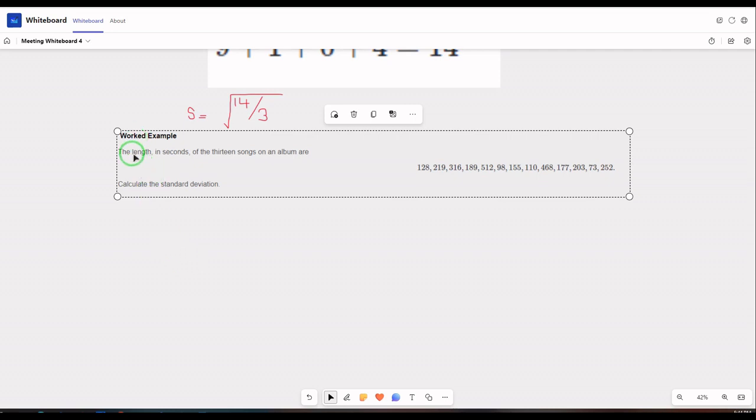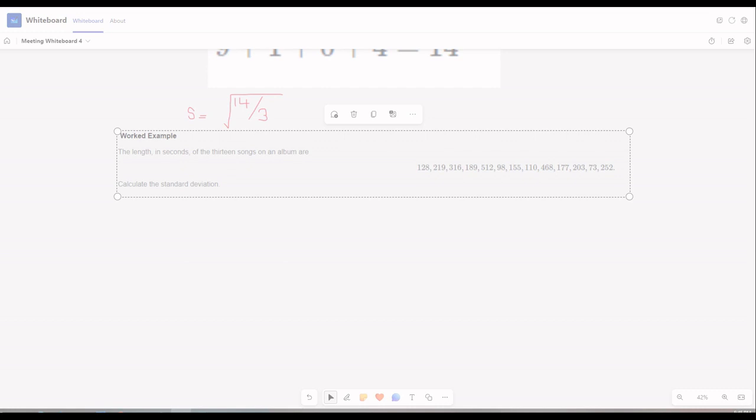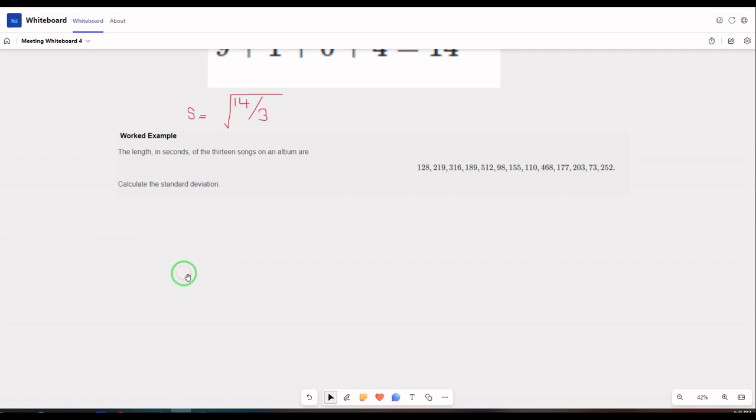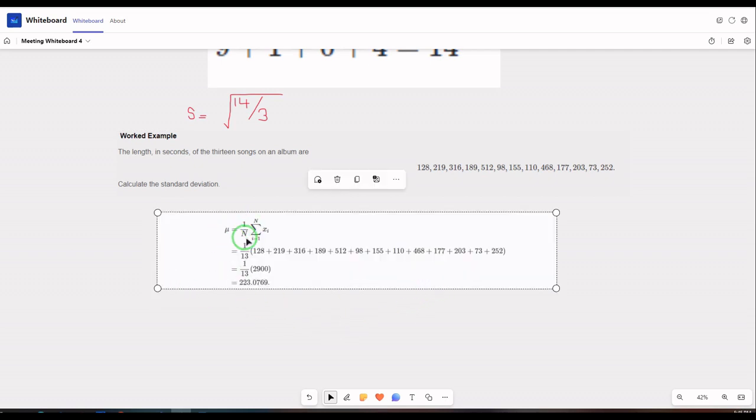Here, the problem is the length in seconds of 13 songs on the album are these numbers, and the question is asking you to calculate the standard deviation. So what you have to do here, the first step, remember guys, is to calculate the mean. Okay, so first things first, calculating the mean. This is how you can calculate the mean. Remember, you add all the data points together, divided by n, which is 13, and it comes up to